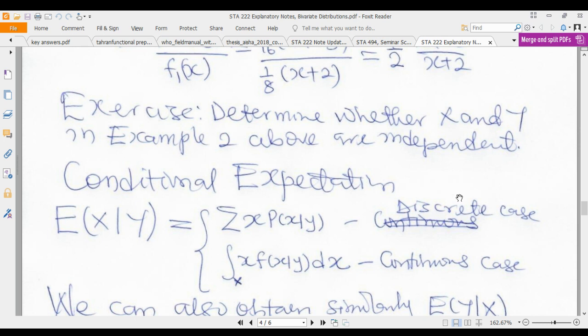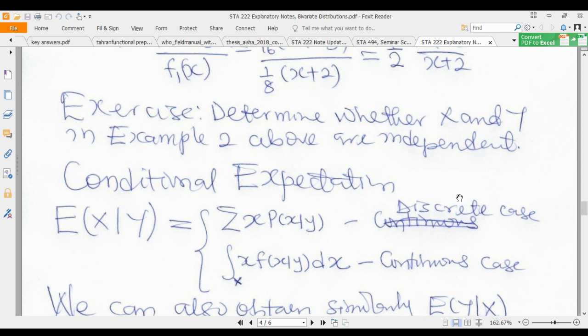Determine whether x and y in example 2 above are independent. We have shown that they are not independent, but you can establish that by multiplying f1 of x